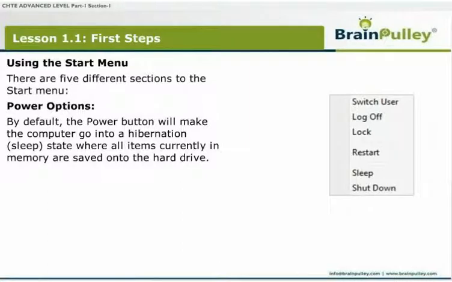Clicking the lock icon will lock the computer. This will require you to enter your password to unlock the computer. Finally, the right-facing arrow lists all power options available for you to